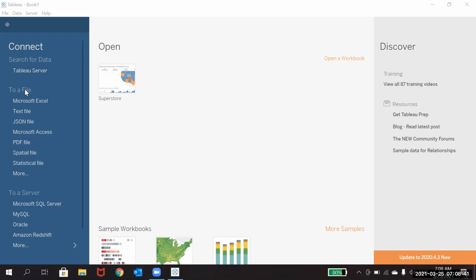If you see here in this connect pane, I'm going to the Excel file now. Later, after the environment discussion, we will have a deeper discussion on connecting to data sources, how the live and extract connections work, and everything. There I'll show you how we can connect to the different types of data sources. Right now I'm just going with the Excel file.